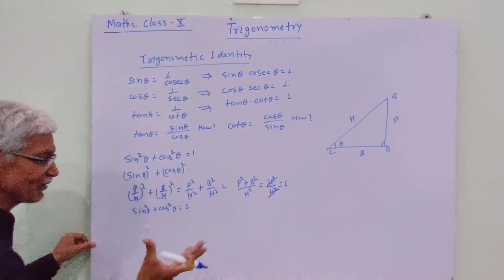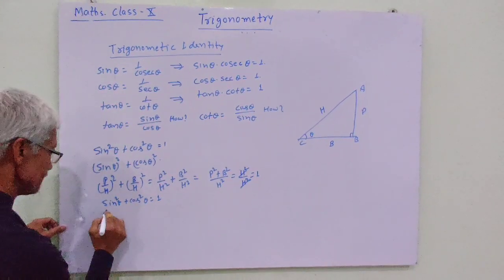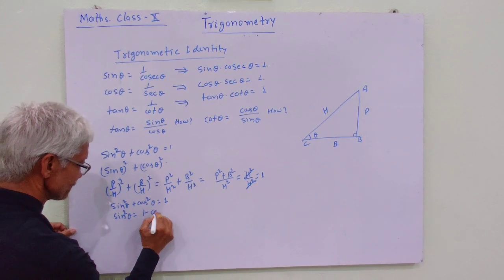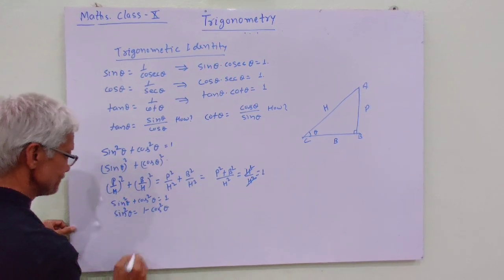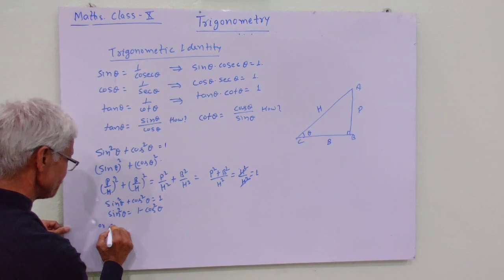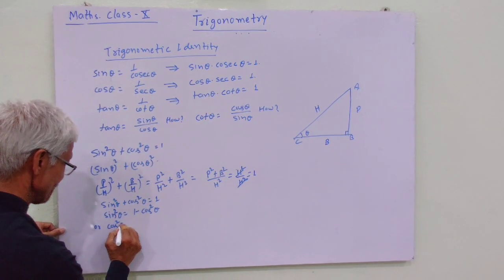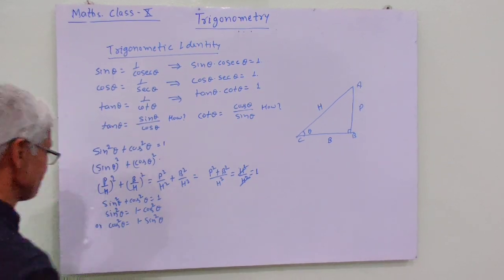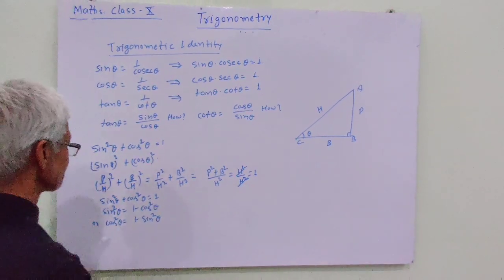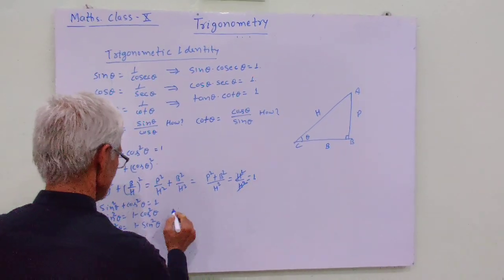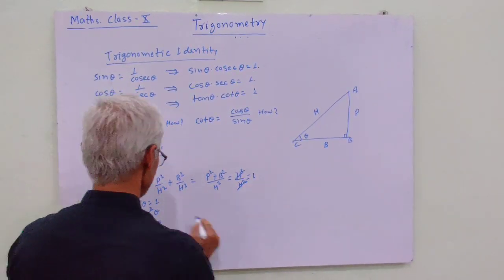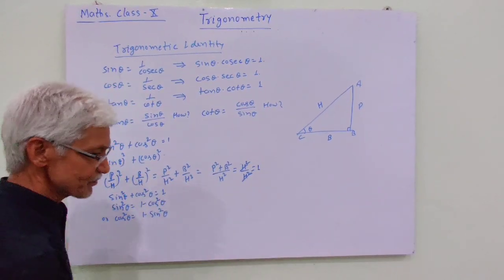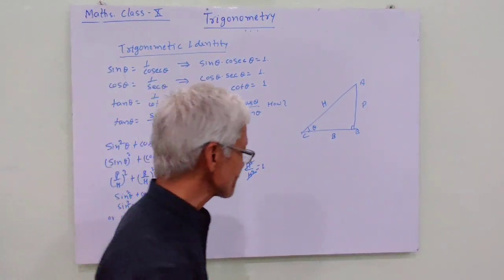From this we can find several identities, like sin square theta is equal to 1 minus cos square theta, or cos square theta is equal to 1 minus sin square theta. So these are some identities, and other identities are